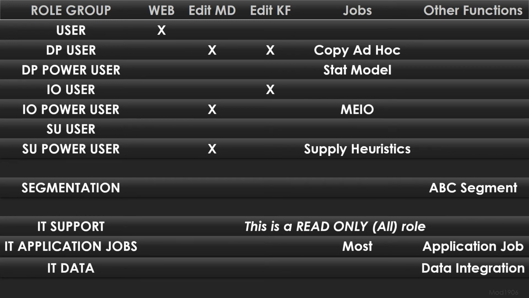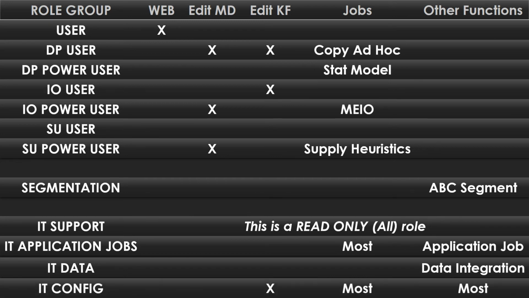There's also an IT data role, which is capable of flat filing, loading a file. So they have access to the data integration tab. And then finally, we have an IT config role, which would be, if you've ever heard the term a firefighter, essentially what this is. It gives us all access to run pretty much any job, edit any data, but it's only assigned to